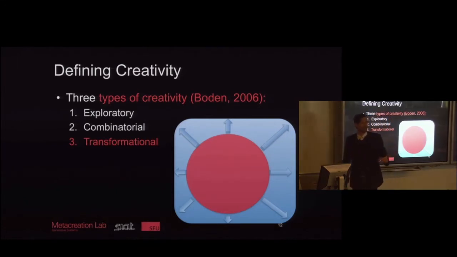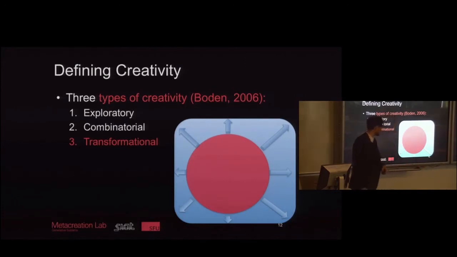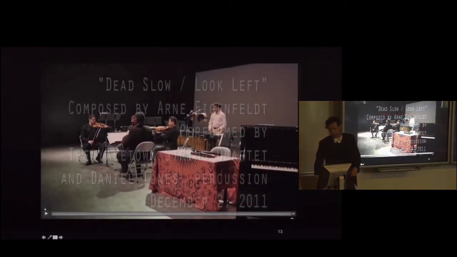So let's say when Duchamp came up with Fontaine, this idea of putting a toilet in a museum, that was not considered as art before he did it. He framed it, convinced people, and then all of a sudden the field of art expanded a little, and objet trouvé became a recognized art form that was not considered as such before. We all know many examples of transformational creativity because they're the ones that we read about when we read about great historical figures. Okay, now I'll take a little break and play a little bit of music,